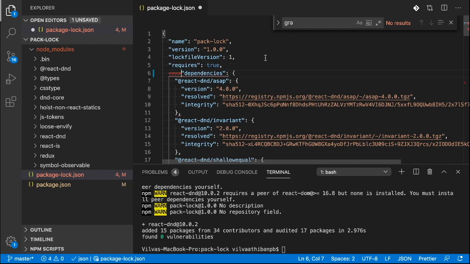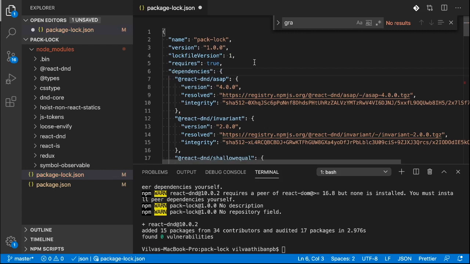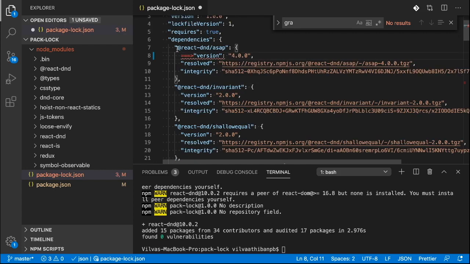Dependencies. Here comes the actual mapping. Dependencies is a huge object which has all the packages required by your application within it. Now let's see what each dependency has within. Say, let's consider the first dependency, which is @react-dnd/asap. I honestly don't know what this dependency does, but let's see its fields.